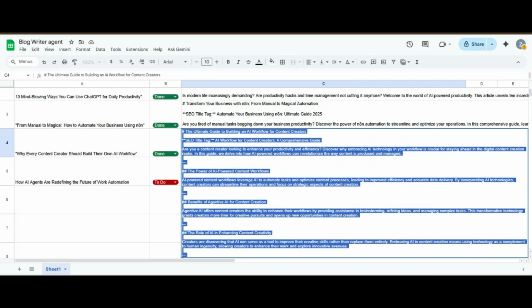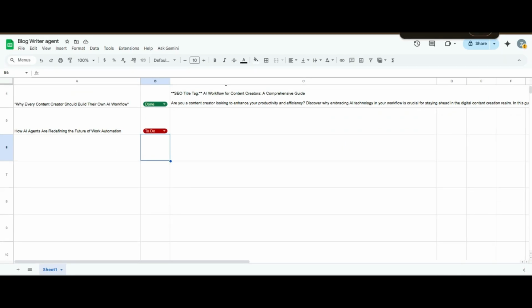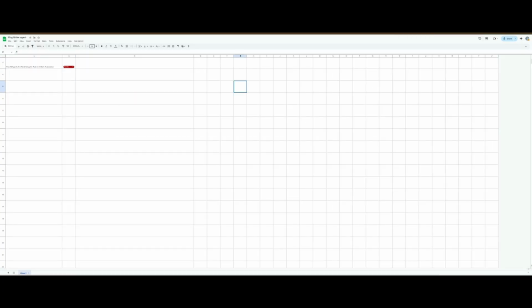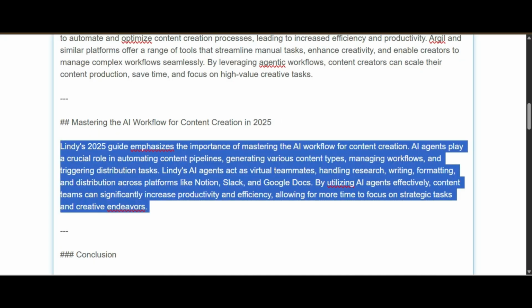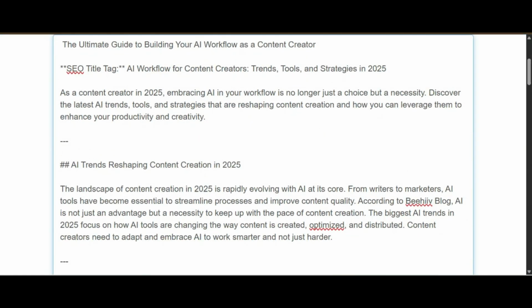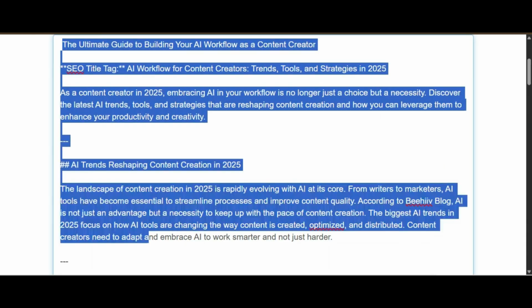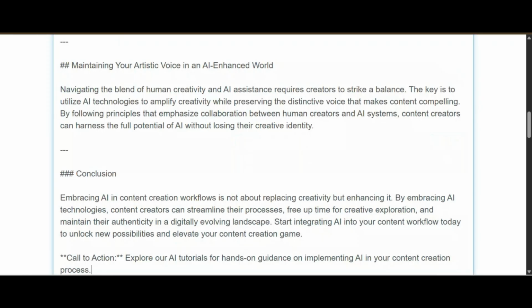I copy it, so I can show you how this agent makes the blog post. It generates an easy to read and clean blog post.